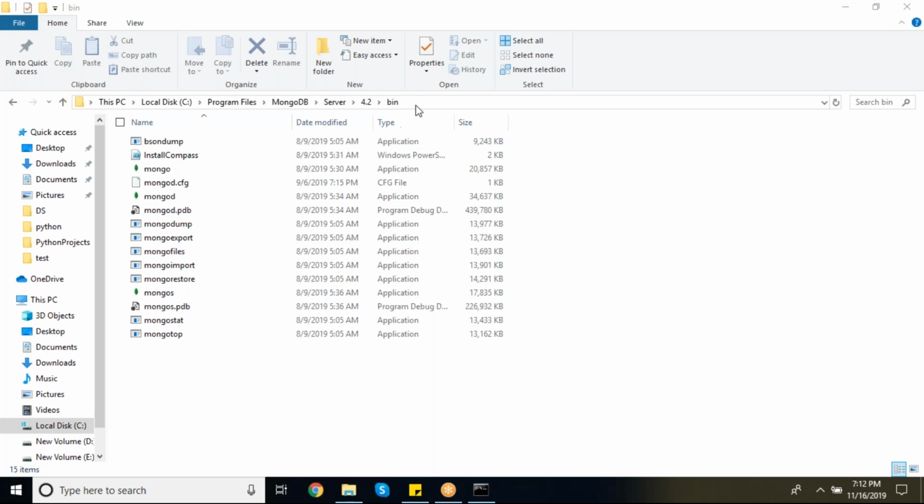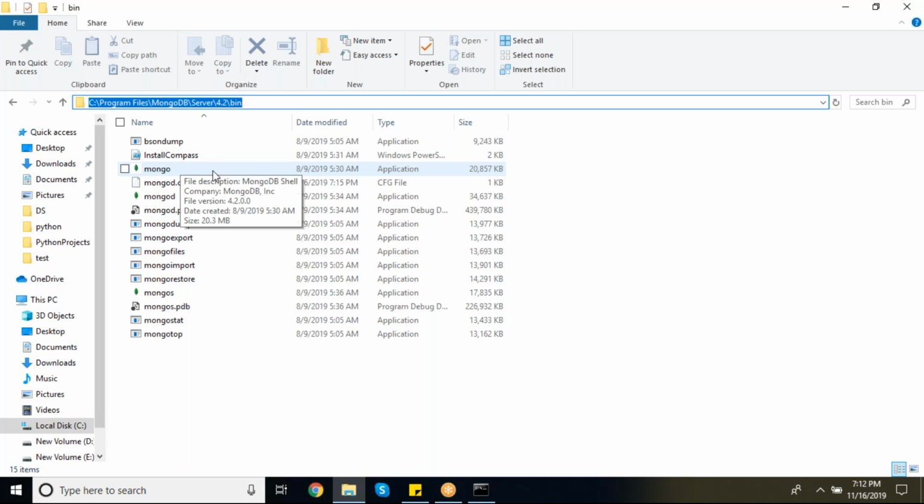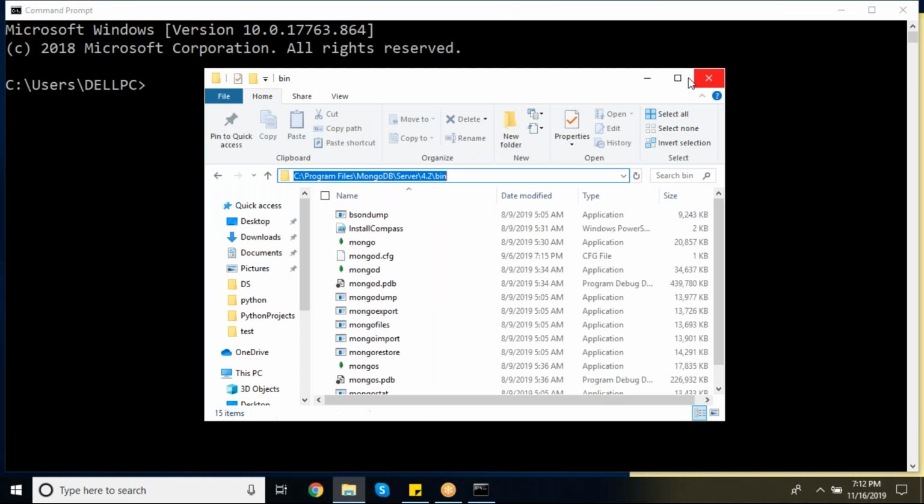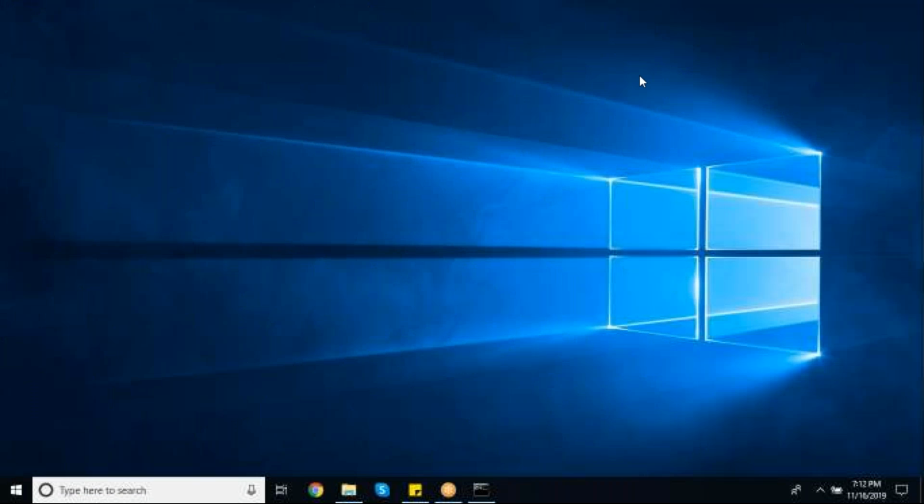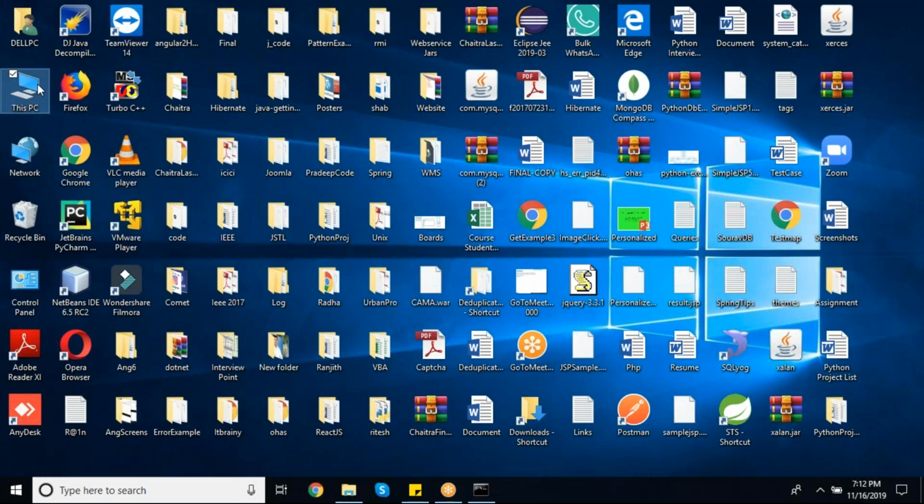Copy the path till bin, because your Mongo application will be there in this location. So copy the path till bin. Then what you have to do, right click on This PC,